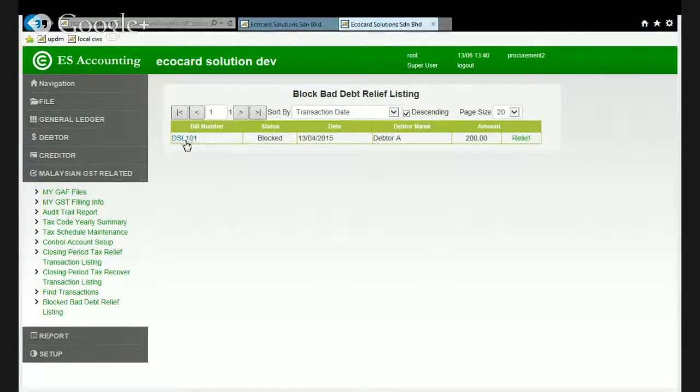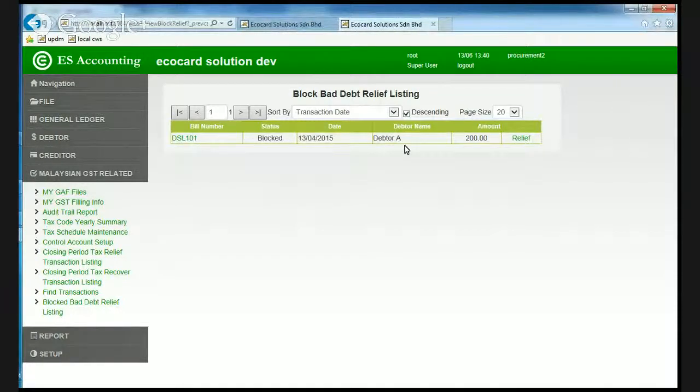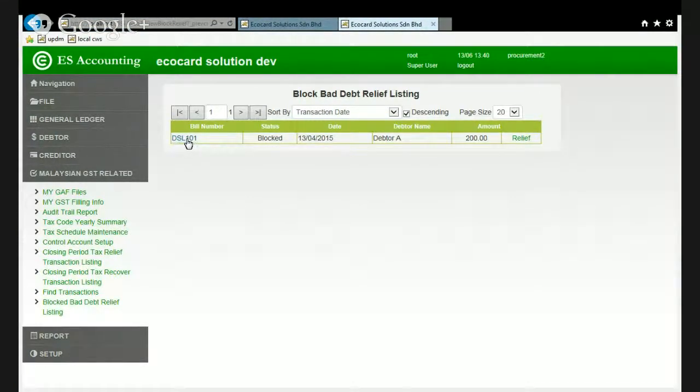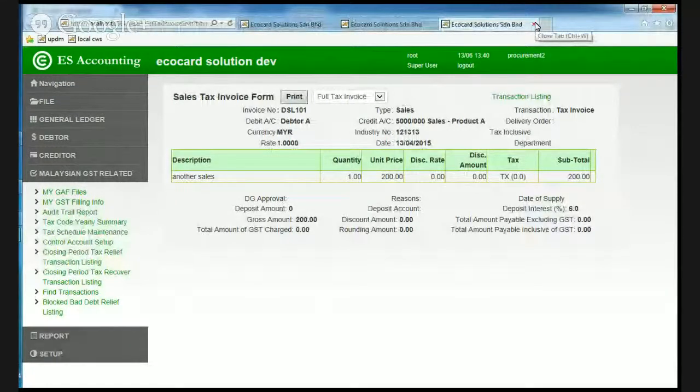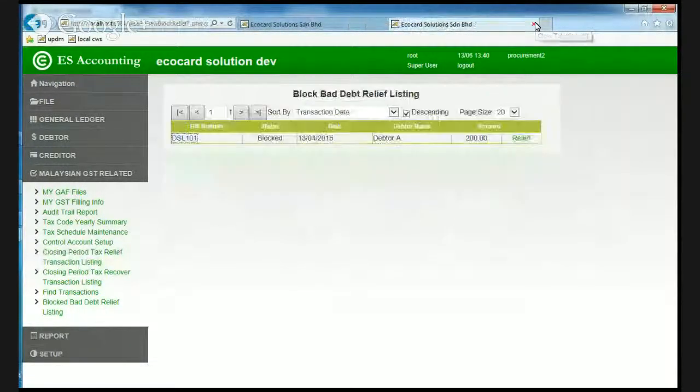It shows you that this was a transaction that was blocked. Now, if you have blocked many transactions, then many of them will appear here. All right. So click onto this to find out more about this transaction. Okay. So, yeah. And from here, assuming that you have attempted to recover and you have finally achieved sufficient documentation to